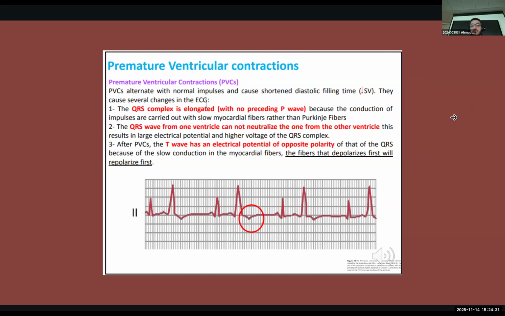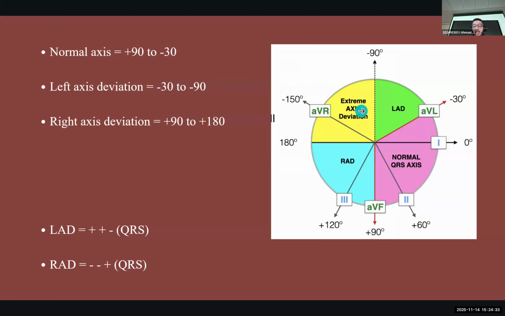So again, the axis. If you add all of the impulses and put them in one direction, it should be from -30 to +90. And a fun way that I found out, as the doctor put it, is that if it's a left axis deviation, you'll find lead one positive. So here we have a positive lead one because it's within the range, and then a positive lead two because it's here also within the range.